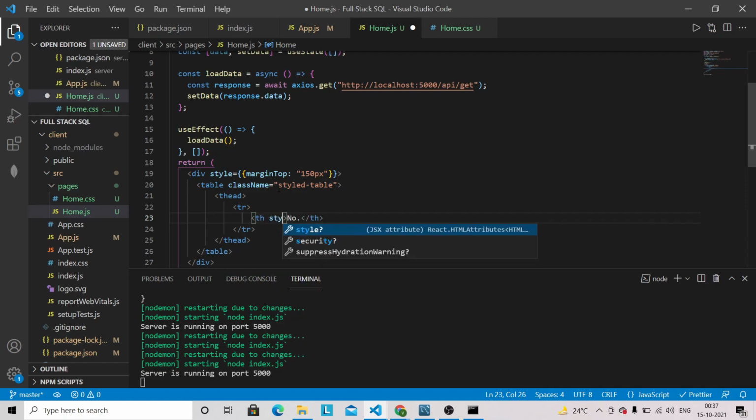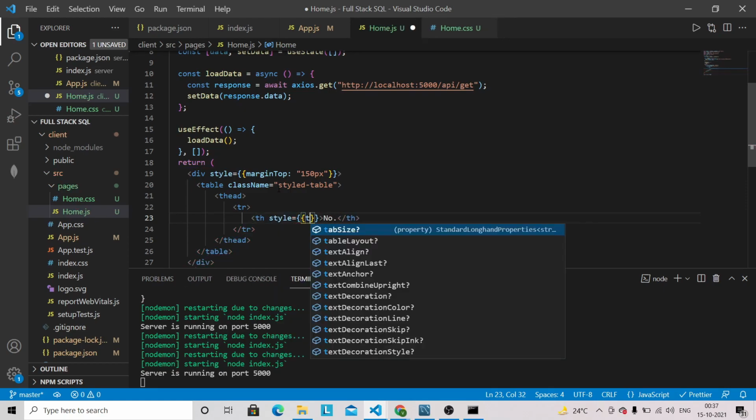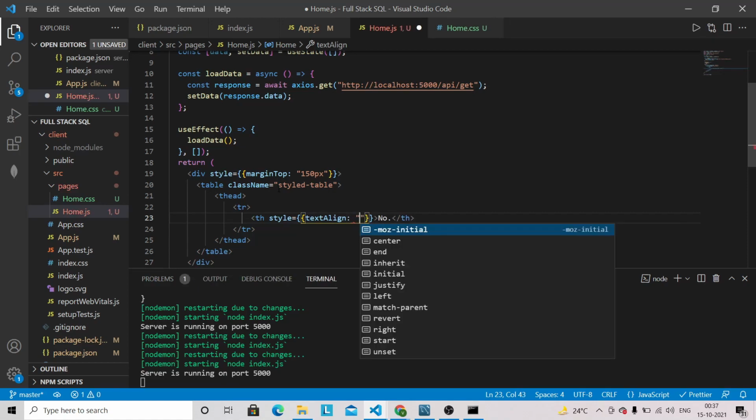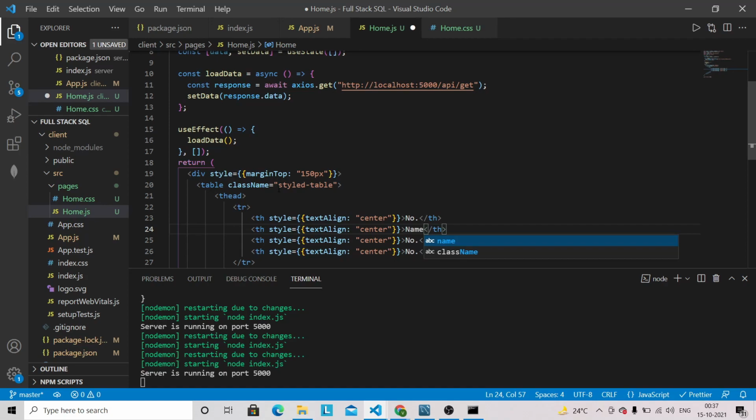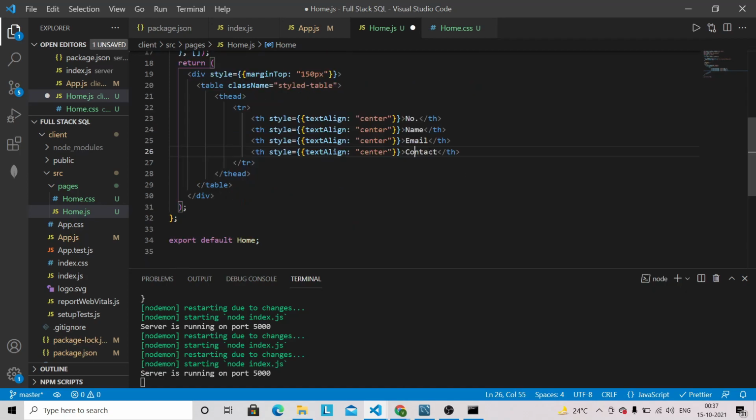and style I'm going to give here textAlign center, and I'm going to copy it a couple of times because we have other fields as well like name, email and contact. So name, email and contact, and after that we need one more column, that is action, in which we will have edit, delete, view buttons.